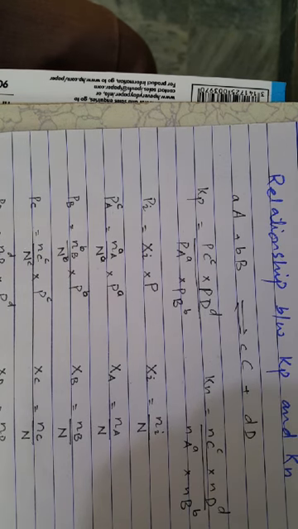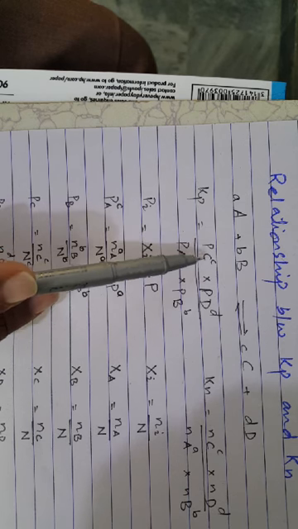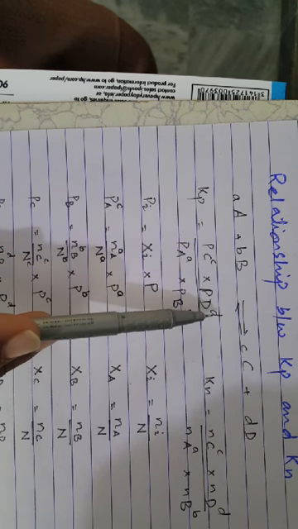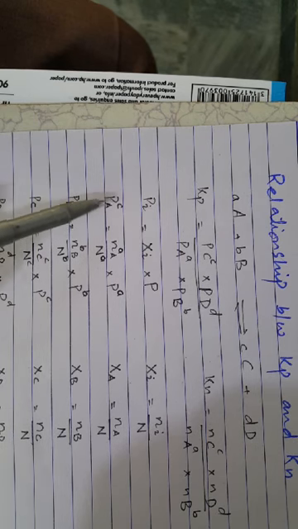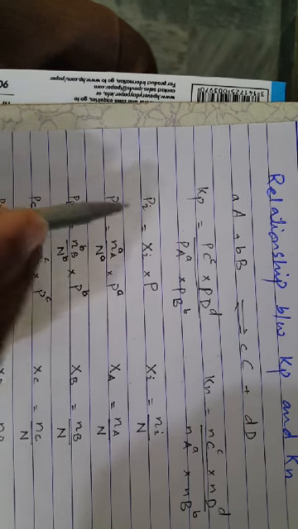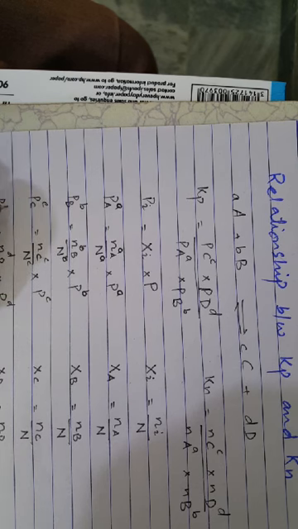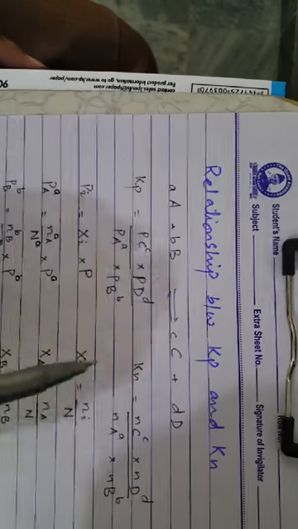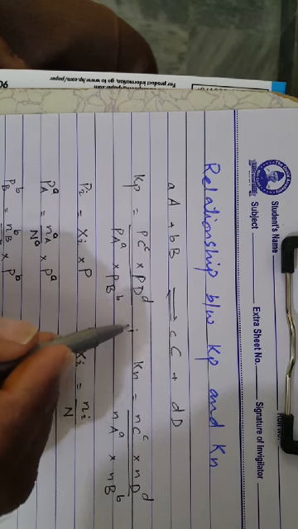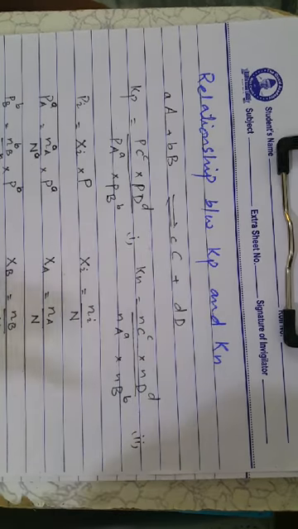Okay, now we have calculated all the values in this expression. Kp is equal to the partial pressure of C to the power c, partial pressure of D to the power d. Now we can put all these values, the partial pressures of A, B, C and D, in this expression and then finalize the equation. Now put the values in this equation. We can write this as equation 1, and this one as the second equation. Equation number 2 will be,